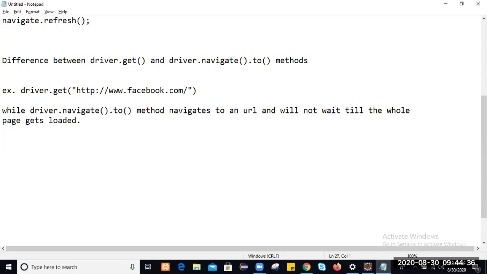It maintains the browser history and cookies.